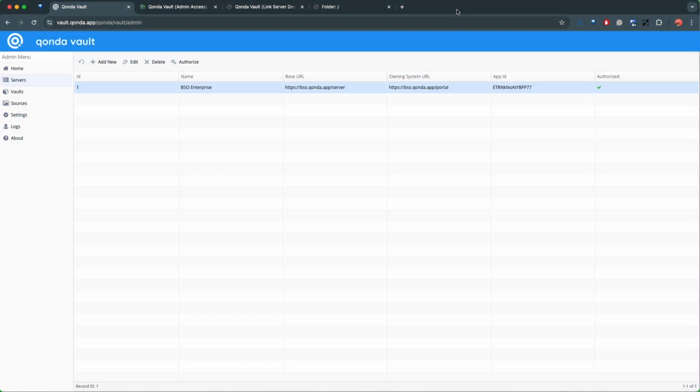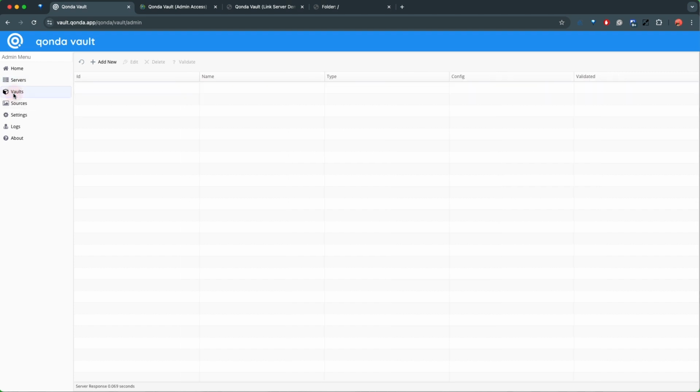Hi, in this tutorial we are going to configure a storage location, or what we call a vault, in Qonda Vault. So in the previous tutorial we set up a link to one of our ArcGIS servers. So we've done that. So the next step is to go to the Vaults tab,